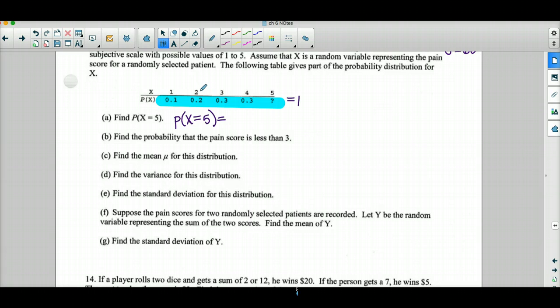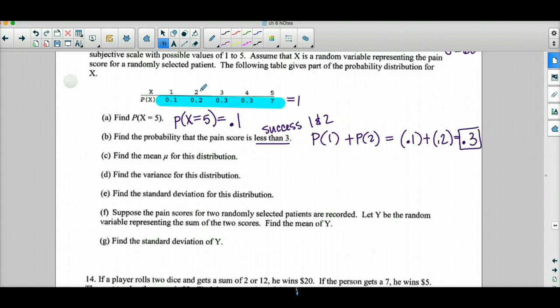All right, so I have that it's 0.1. Yep. Find the probability that the pain score is less than 3. If it's less than 3, success would be what? Success are 1 and 2. So I want the probability of 1 plus the probability of 2. So that's 0.1 plus 0.2, which is